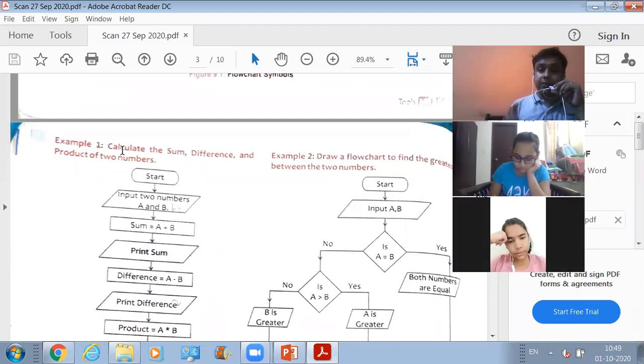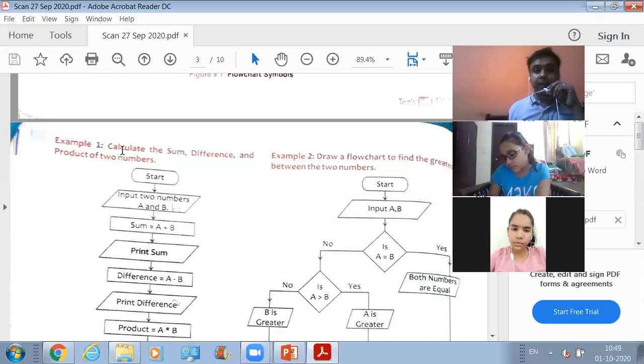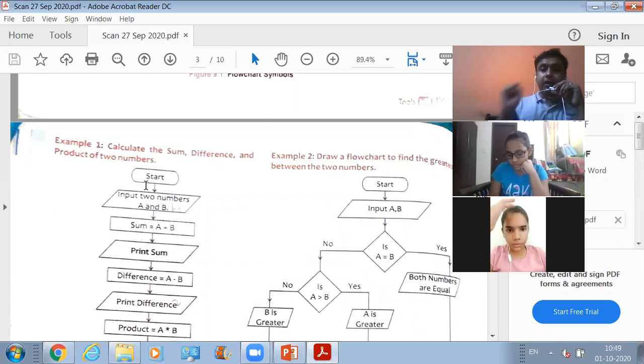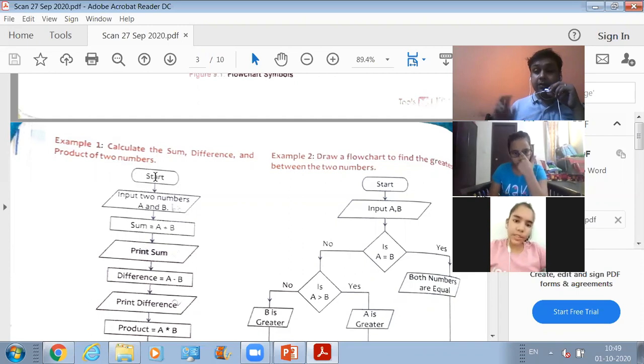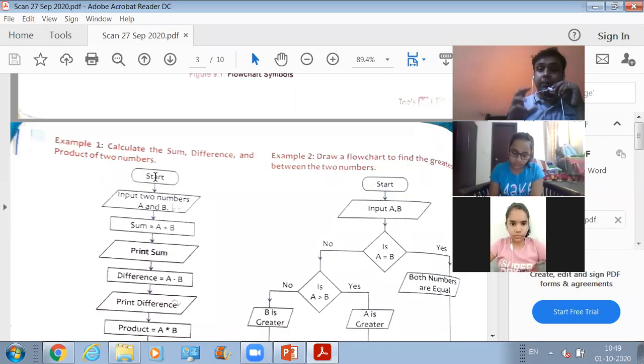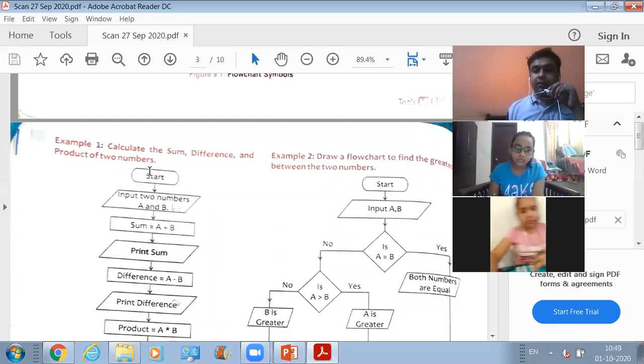If you want to represent that first step in the form of a flowchart or in the form of a picture, the pictorial representation of that step will be like this. Okay, what have we done here? We have drawn this oval shaped box, and after that what have we written inside this oval shaped box? Start. This is how you are going to define the starting point. This is how you can represent the starting point in the form of a picture while you are drawing the flow chart. Okay, so this is the first step.